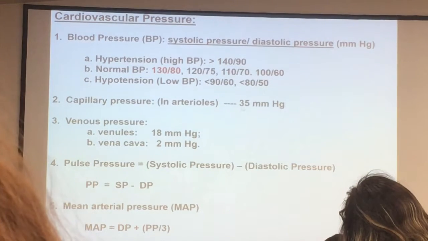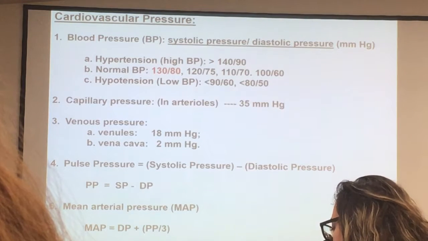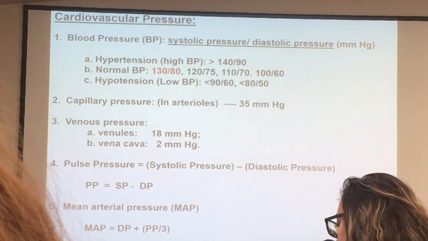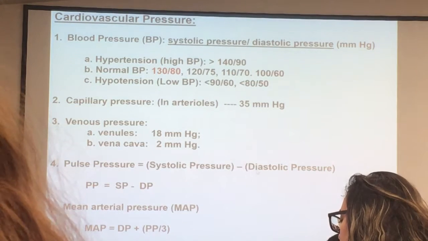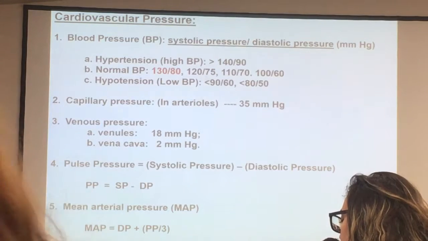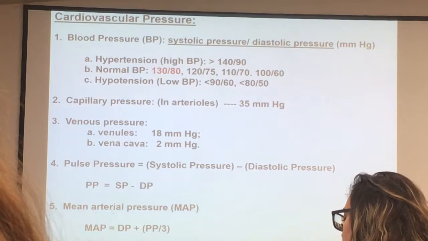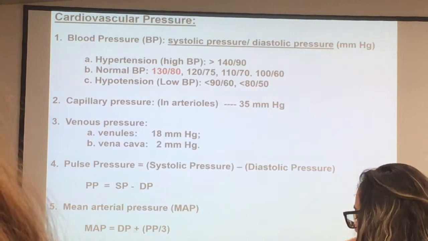Cardiac pressure, I just mentioned that. Pulse pressure is the difference between the systolic and diastolic pressure, like 130 minus 80 is 50, and we call that pulse pressure. Mean arterial pressure, MAP, we use the lowest one, diastolic pressure plus